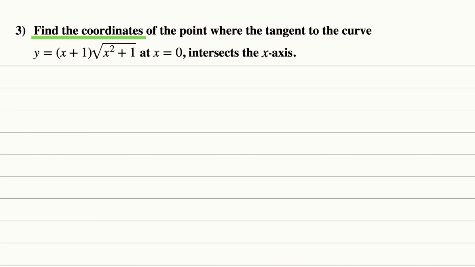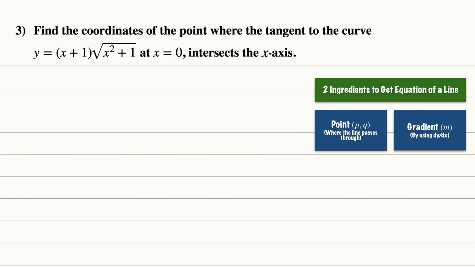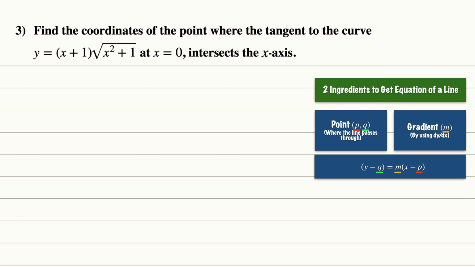The first part, we need to find the coordinates of the point, but before that, we need to get the tangent line to the curve. At this location, x equals to 0, this tangent line will cut the x-axis at a particular coordinates, and we need to find that coordinates. Alright, so in order to get the equation of the tangent, remember we need 2 ingredients. The first will be the coordinates where the tangent line passes through, and the second will be the gradient of